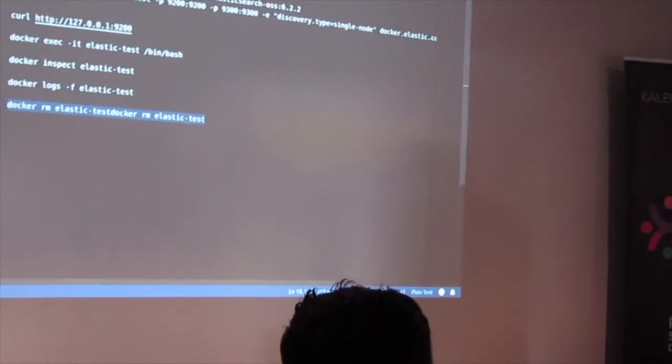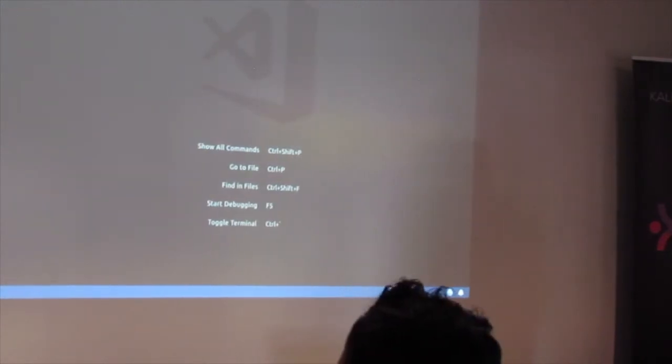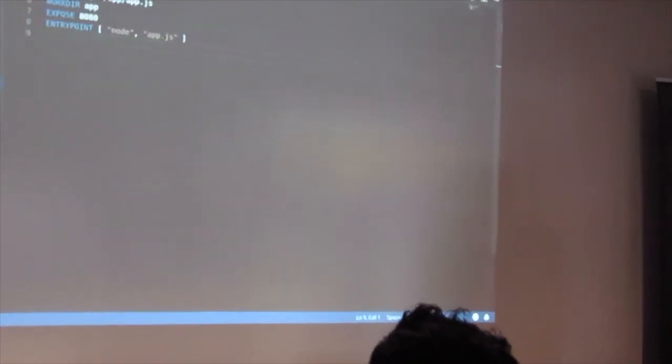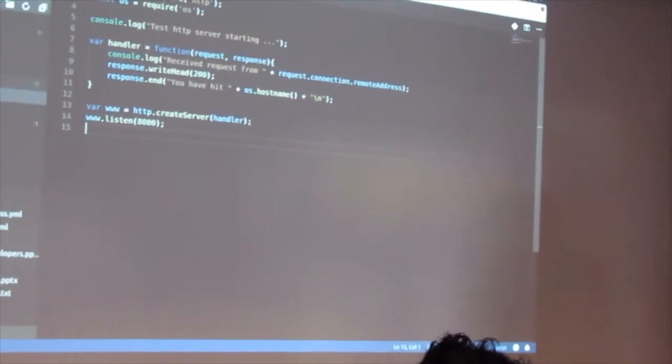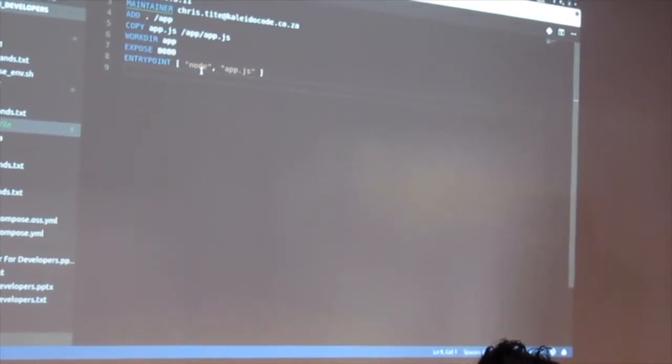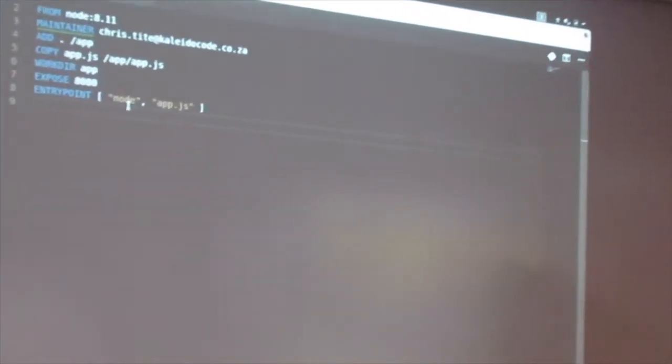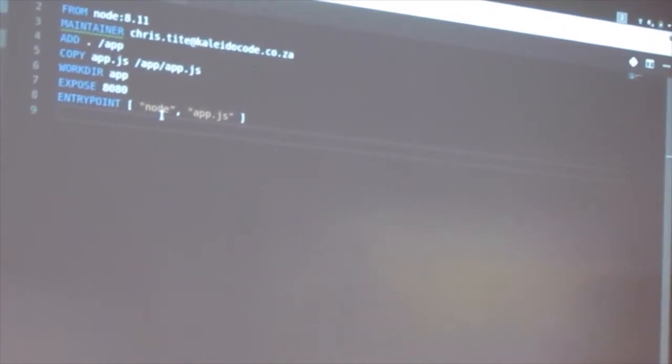All right, so we're going to close this down. I'm going to create... All right, so to create a Docker image, we create what we call a Dockerfile, and this, as you can start to see,